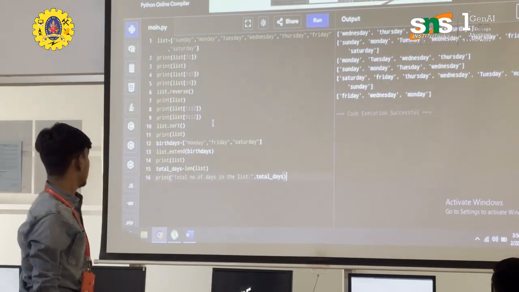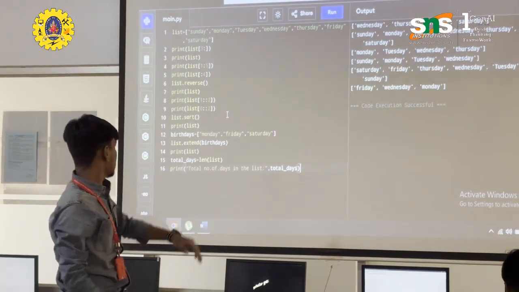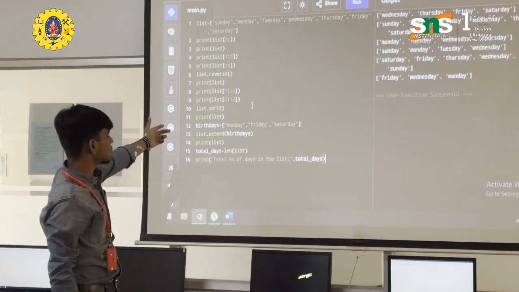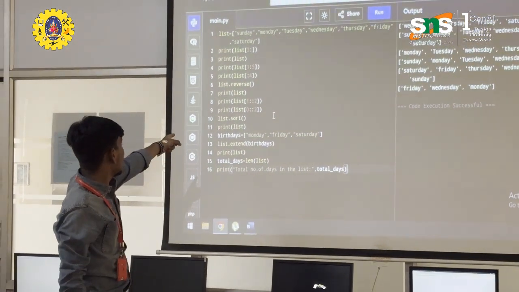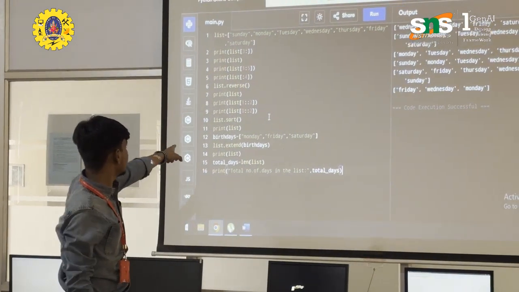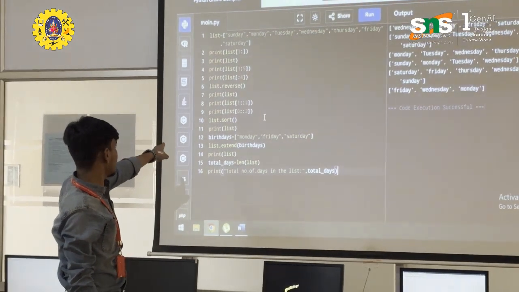prints Sunday. Then we have sorted the list based on alphabetical order. So we used the sort function: list dot sort. Like that we sort the entire list. After sorting, we are printing the